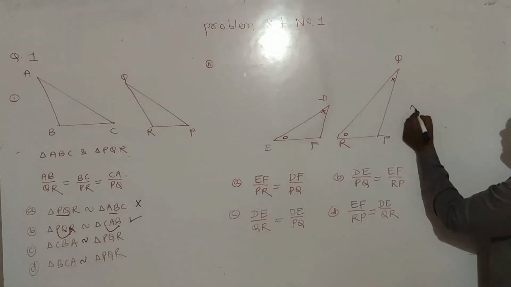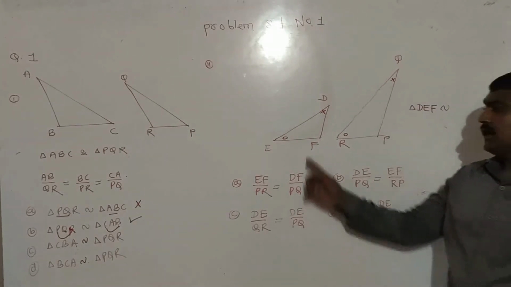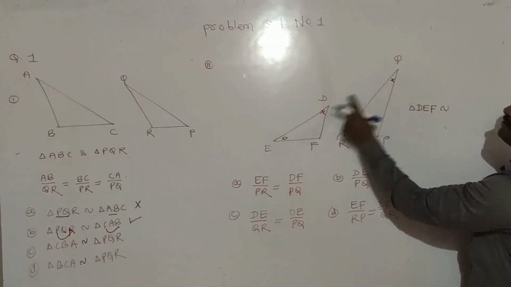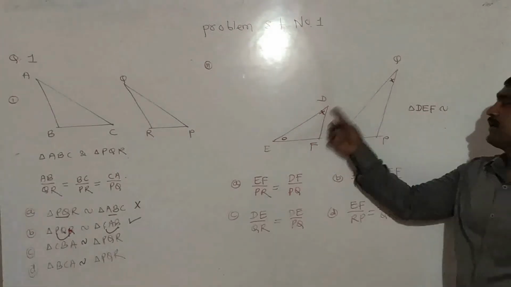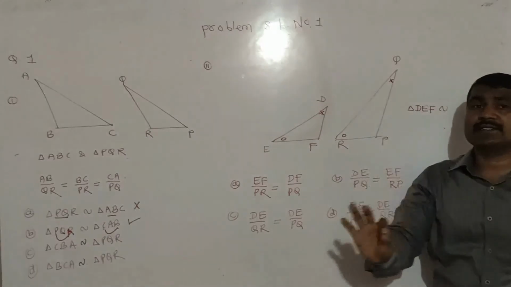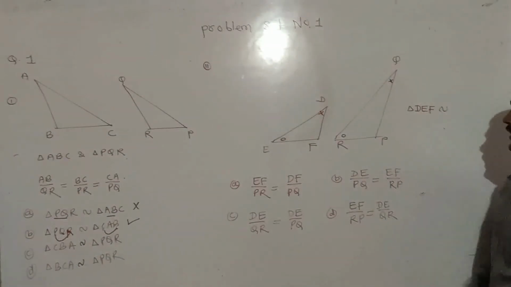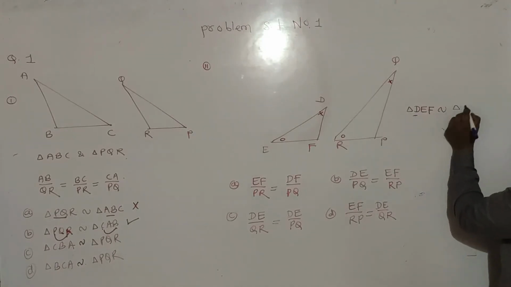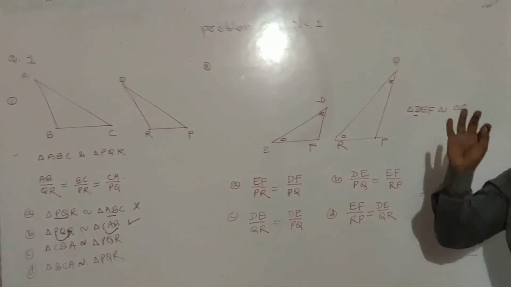Suppose when you write triangle DEF similar to, अगर हम DEF similar to क्या लिखेंगे? D and Q are the same. Just check. Angle D and angle Q are represented by the same sign. That means angle D and angle Q are the same. That means the corresponding angle of D is Q. Here D is written at first, so obviously we should write Q at first. D फर्स्ट नंबर पे लिखा है, उसका मतलब Q भी फर्स्ट नंबर पे लिखना चाहिए.